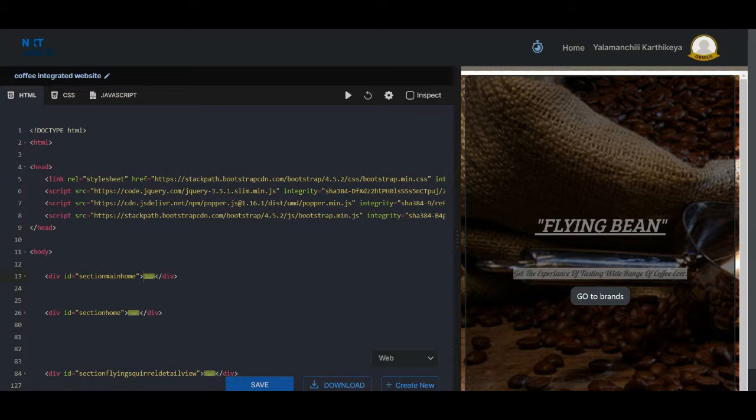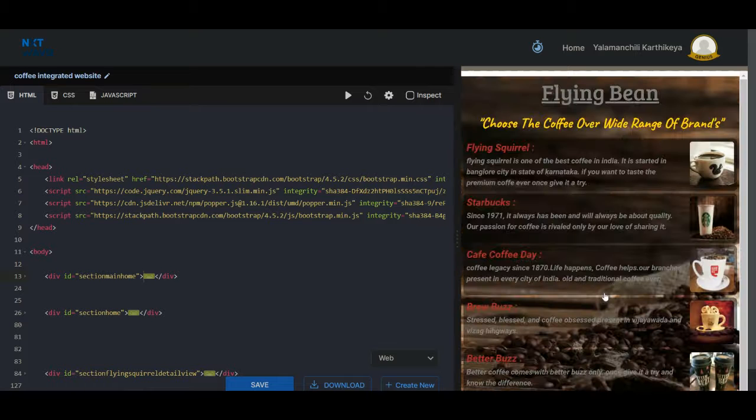In this website, I built the different pages and integrated those pages as a single website. And this is the main page which you are seeing right now. In this main page, I'm having a background image, a card over that background image, and in that card, I'm having a main heading and a para also. Bottom to that, I'm having a button to the same card. If I click on Go to Branch, it will go to another page.